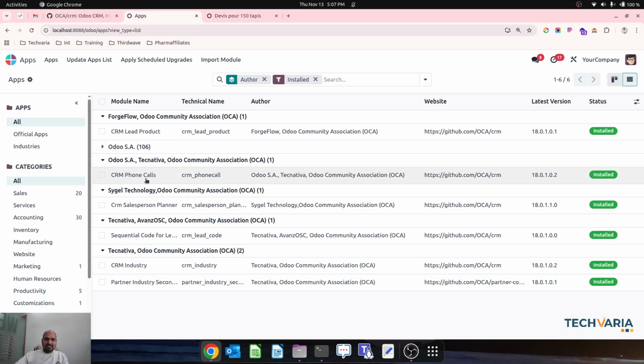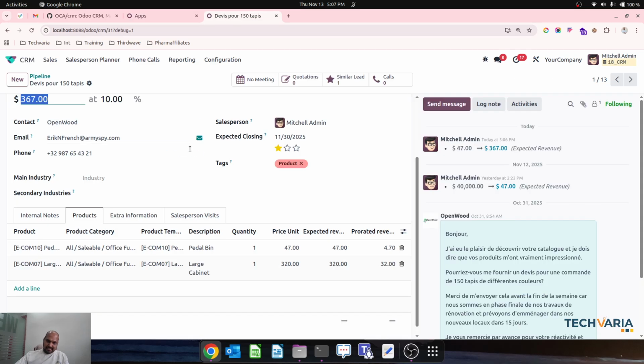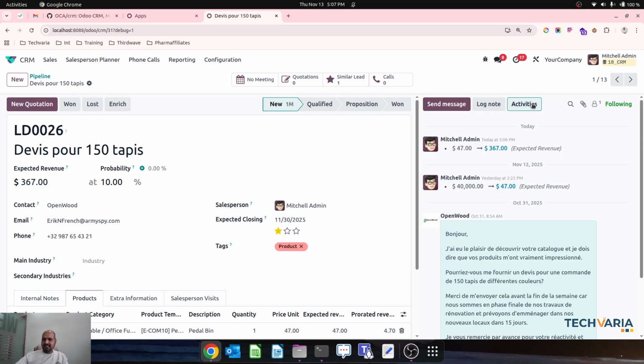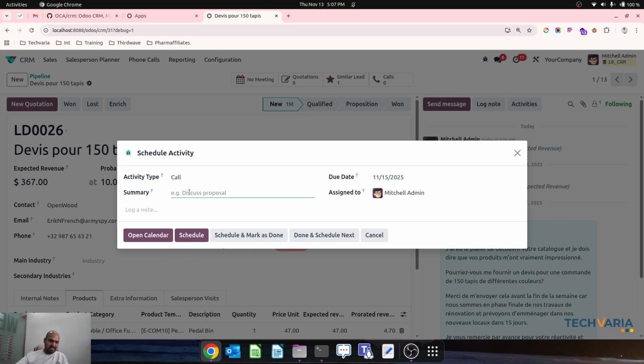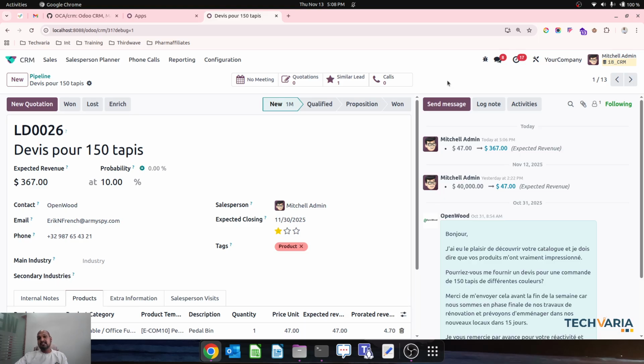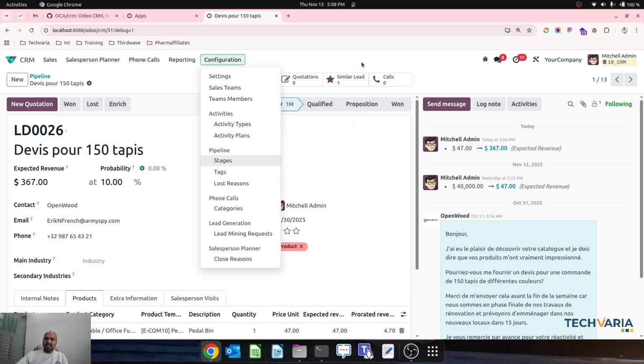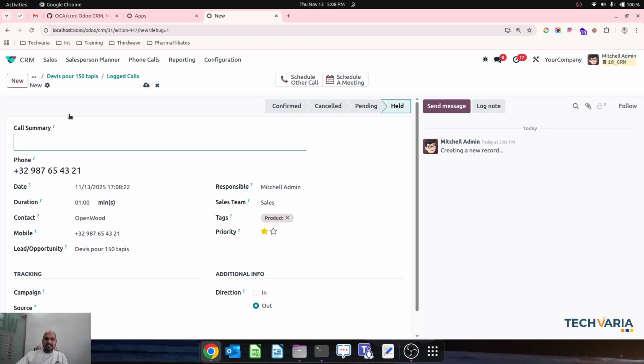The second module is CRM phone calls. Odoo definitely gives the activity and its planning, and the call facility as an activity type. But when you need high quality information about all incoming and outgoing call history for any particular lead from your sales team, this OCA module gives us a separate call menu which can help us to register each and every call